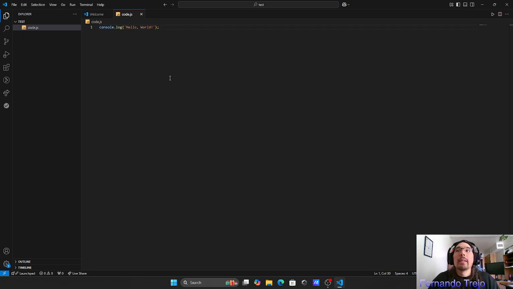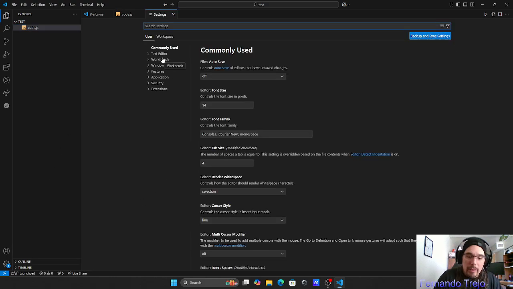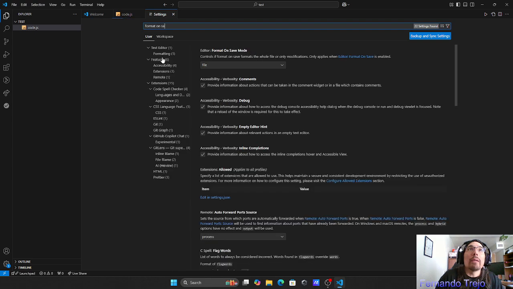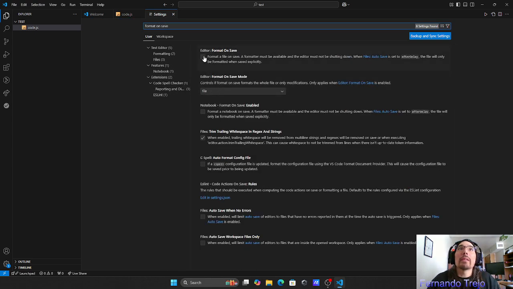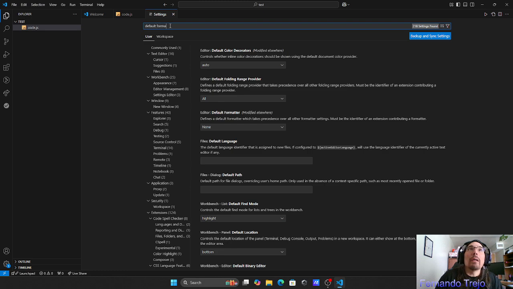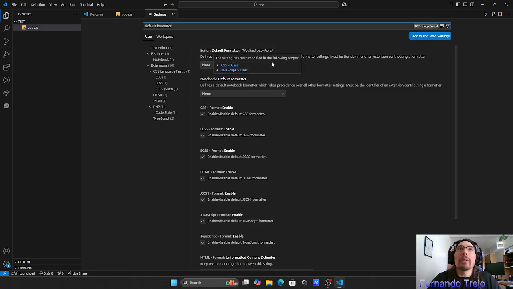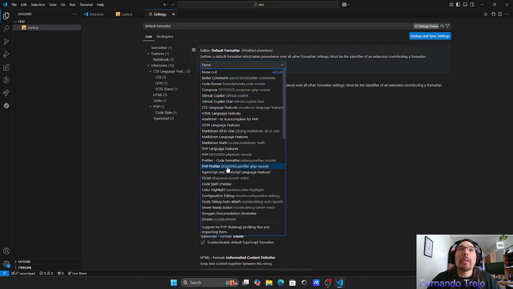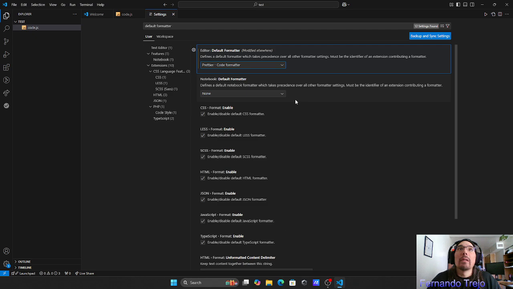All right, so my settings are a little bit different. I like mine formatting on save, and it's not right now. Then let me make sure my default formatter is Prettier. So if you're using Prettier, you can follow along with what I'm doing and make sure that your default formatter is set to Prettier code formatter. What I'm going to tell you is the reason why I had that turned off is because